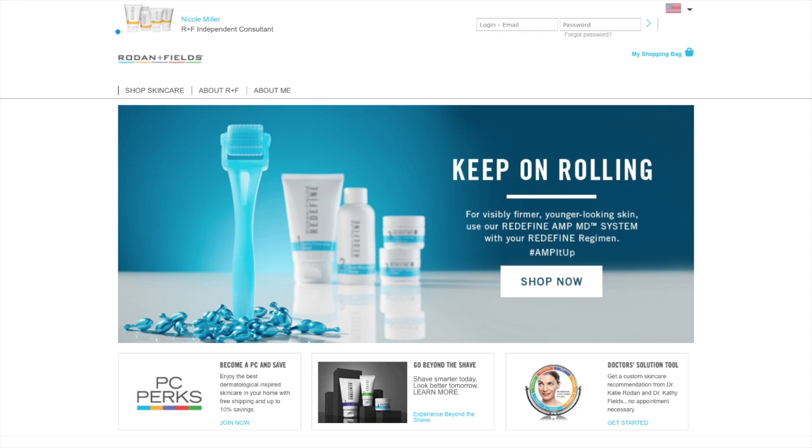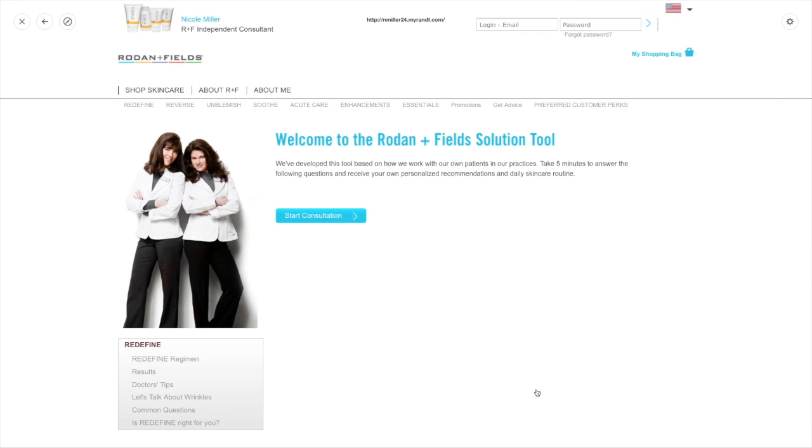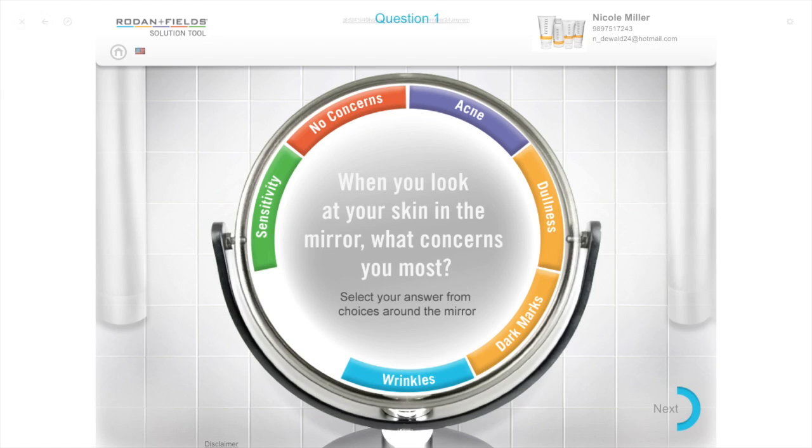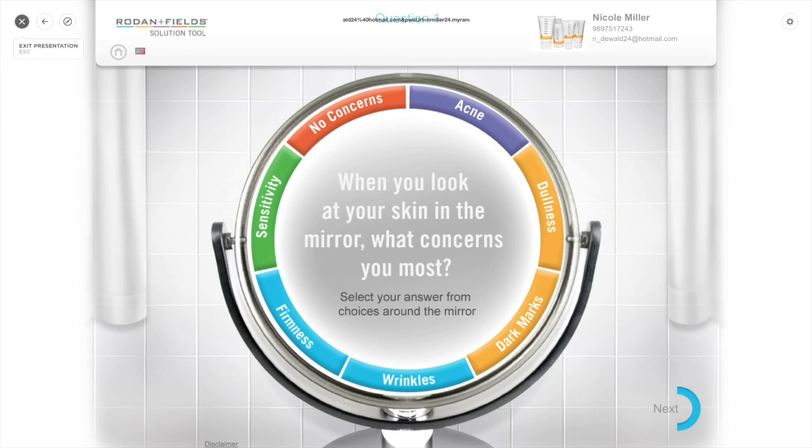What I like to do is use the solution tool. If you go right here, you can click on the solution tool, click on Start Consultation, and walk your prospect through the questions. I like to just go through and ask them the questions, and I put in the answers. You can let them do it themselves if you like that idea better. And if you want to send it to them,